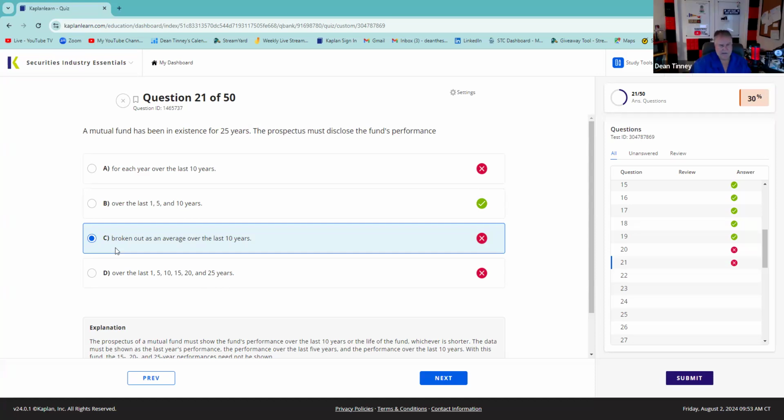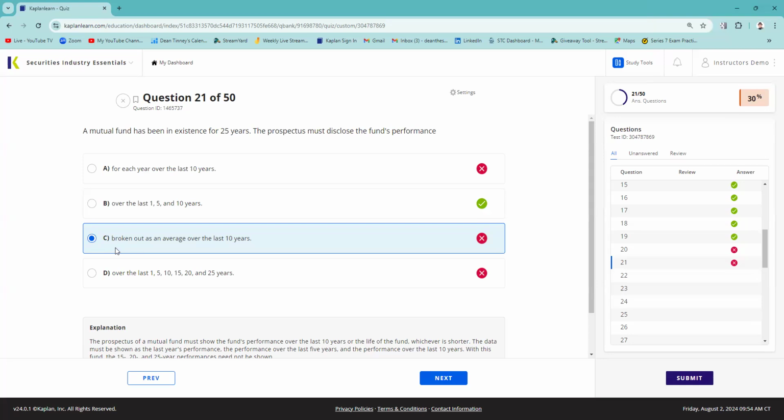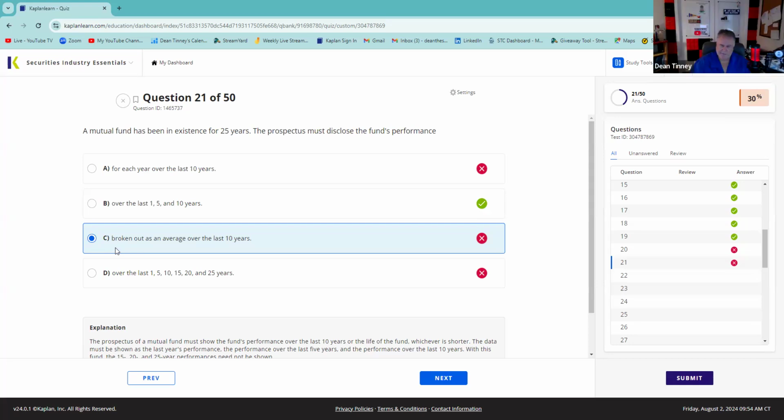And then the biggest thing we've got to be able to say is, past performance is not indicative of future results. Just because we did that over the last 1, 5, or 10 years, who knows? You know what's going to happen in the future. My crystal ball is broke. I don't know anything about the future.